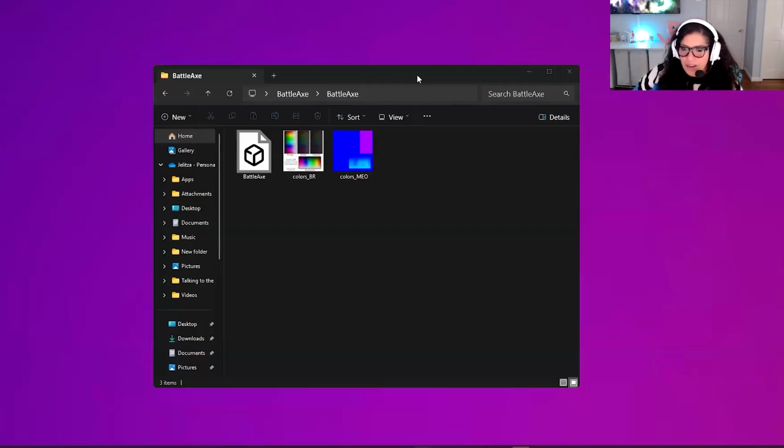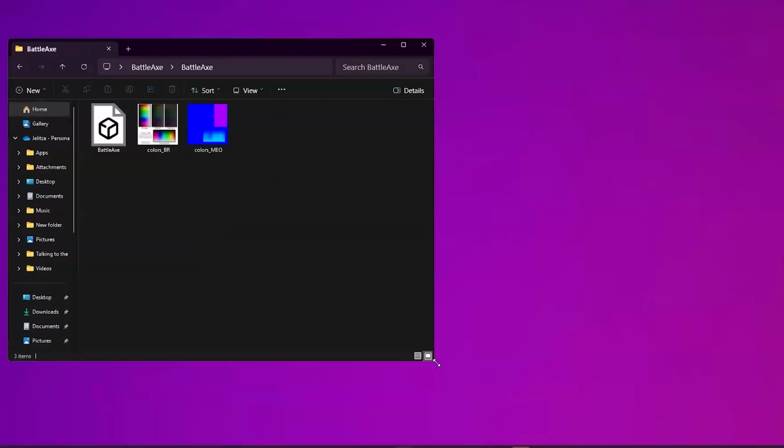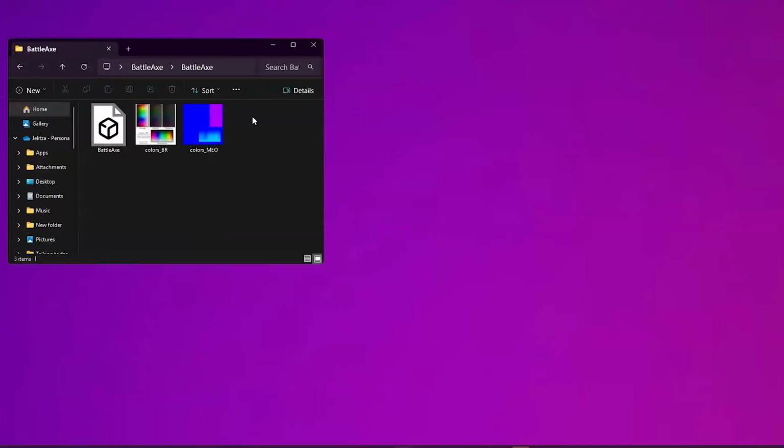Okay, so now that you have your files, honestly, you could just bring this into Horizon and plop it in. I'm going to do that first. Afterwards, I'm going to bring it into Blender and dissect what I've done, so you can see how you can achieve making your own colors, changing the colors and stuff like that.